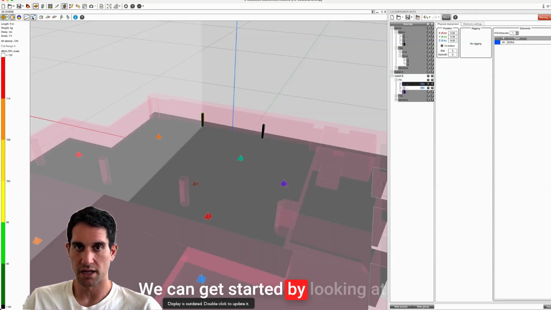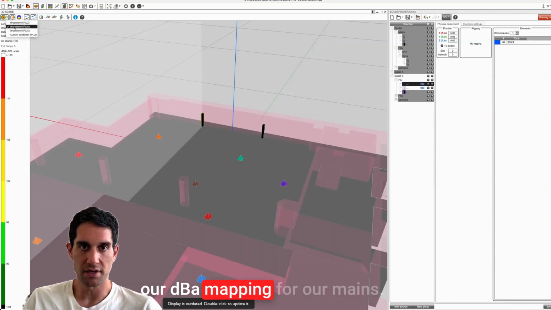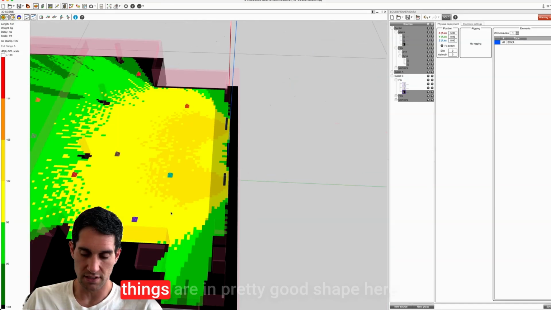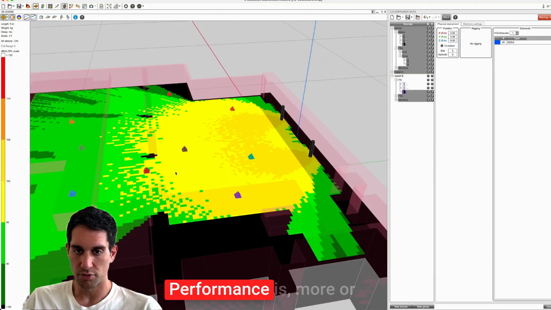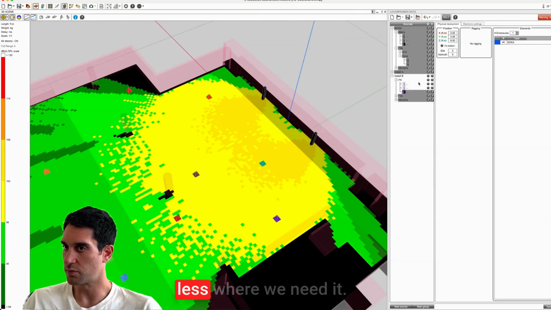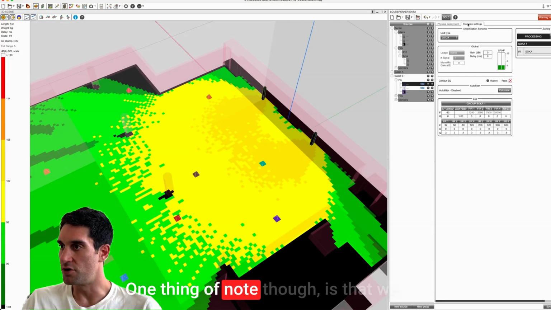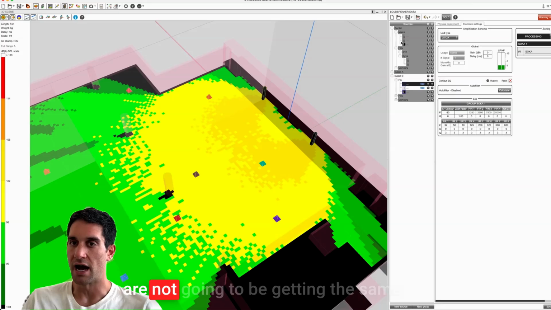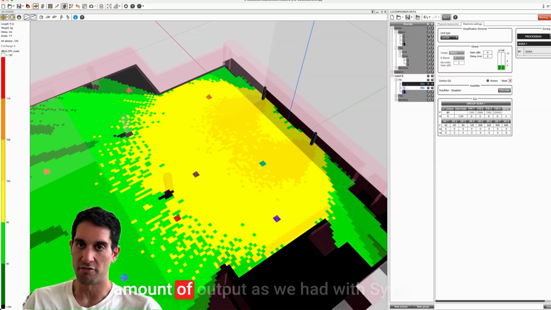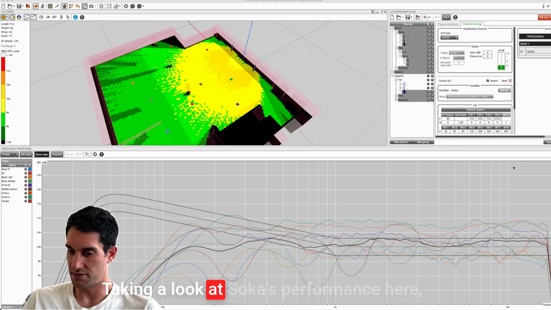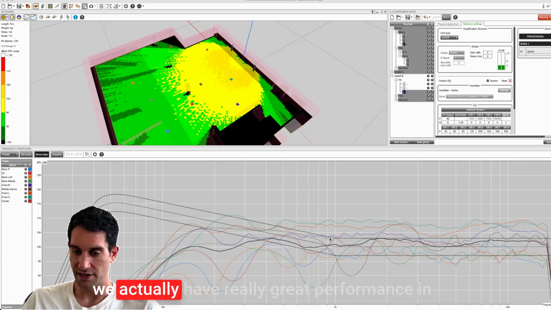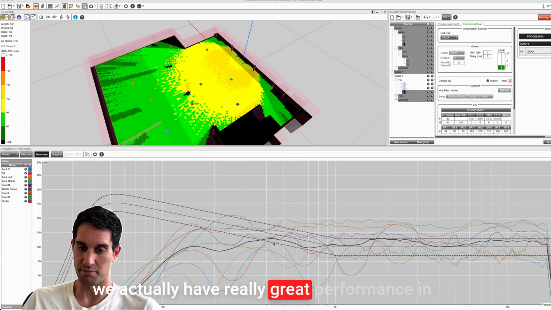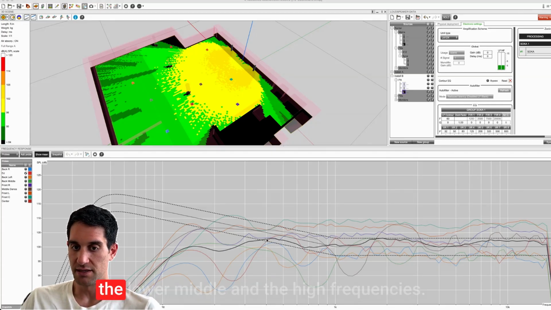We can get started by looking at our dBA mapping for our mains. Things are in pretty good shape here. Performance is more or less where we need it. One thing of note though, is that we are not going to be getting the same amount of output as we had with Syva. Taking a look at Soka's performance here, we actually have really great performance in the lower,